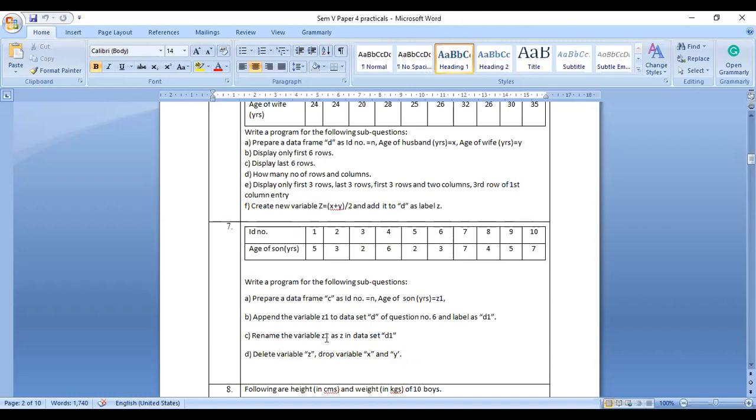You can use Z1 because Z1 already exists here. So question number 7 and question number 6, these two questions I have given in the assignment, where Z1 is already there. And if I merge this in question number 6,